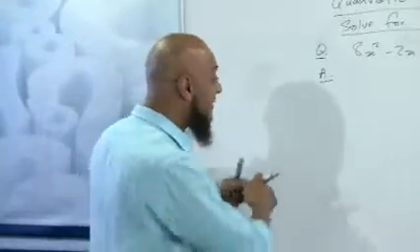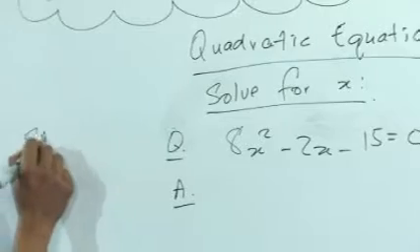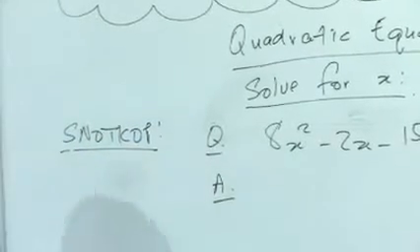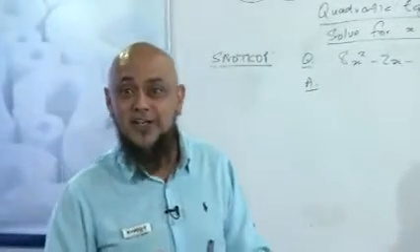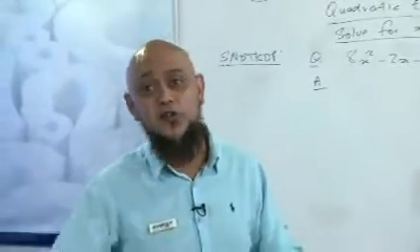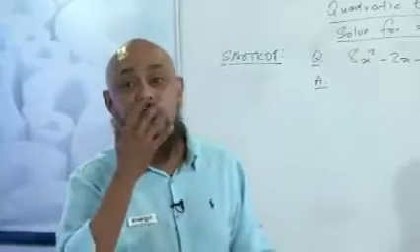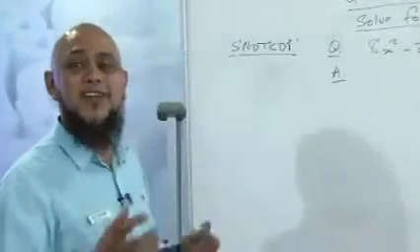So let's get started. I use a method that we call, and don't laugh, snotkop. Now for our international viewers, this is a very typical South African word, a snotkop. Now you might be asking, what is a snotkop? A snotkop is a little boy that runs at school. You know that little one that you always had in school who's always crying and his nose is always leaking and licking his lips. You might ask, what has that got to do with mathematics?